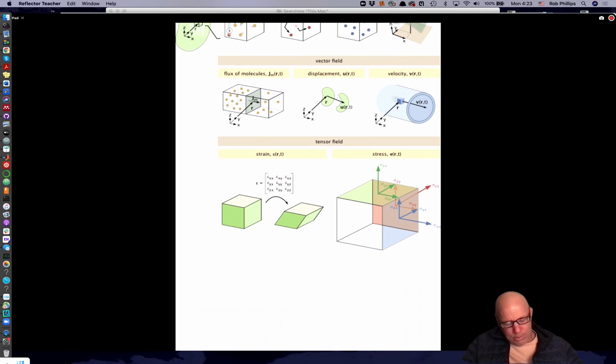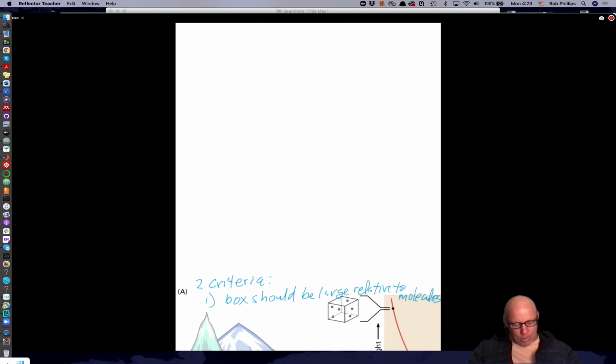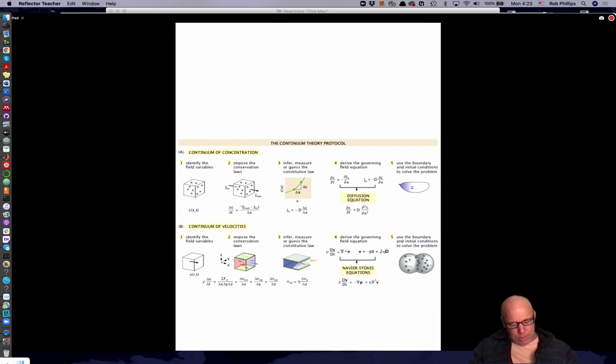And then, as we've also already mentioned at the bottom, we're going to need to invoke tensor fields, which, for the moment, if you want to think of it as a 3x3 matrix at each point in the material, that will suffice. It's more rich than that, but that will suffice. Okay, so the next step in the protocol is this idea of imposing the conservation laws,